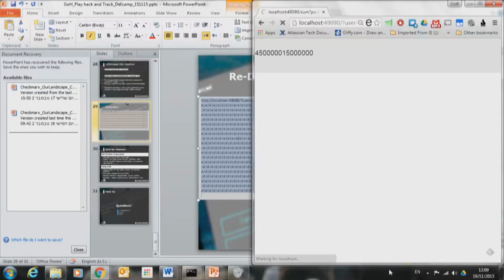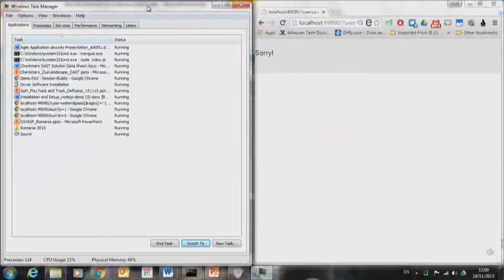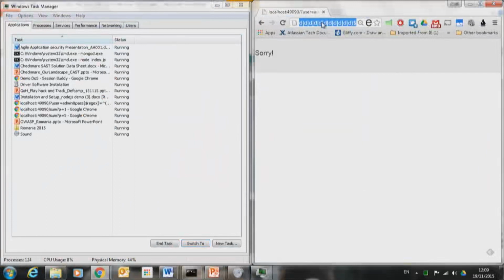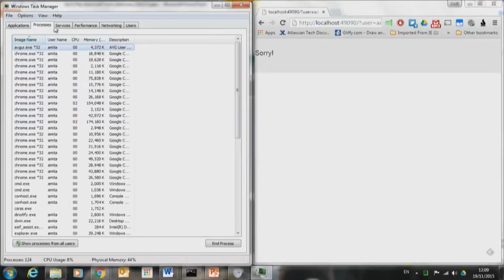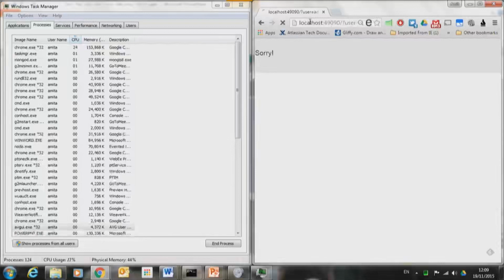So if I open my task manager now, it's not letting me log in, of course, because I didn't put in the right credentials. But if I open up the task manager and you take a look at the CPU here, okay, it goes up to 25% immediately, caused by MongoDB.